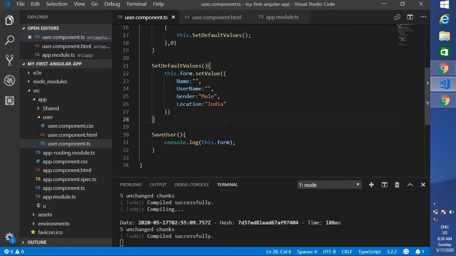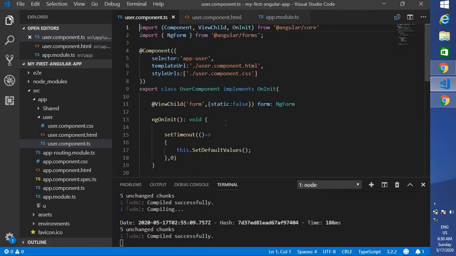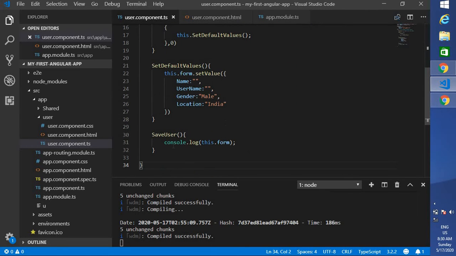Okay. So before diving into our topic, let's discuss what a service actually is. Why do we require a service first? For example, you have the user component right now. In the user component, right now we have only the save user method. What does this save user method do? It has to add data into the database, or it has to call some service. We have to do some data manipulation. If you write the code inside this particular component, it will work as expected, no issue in that.